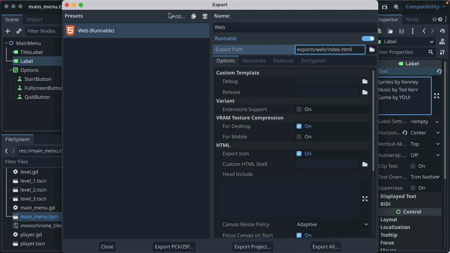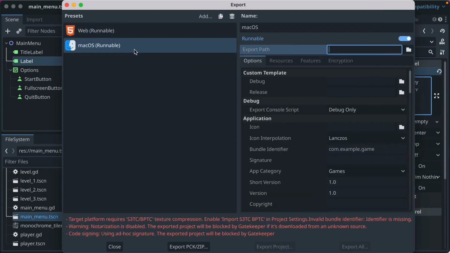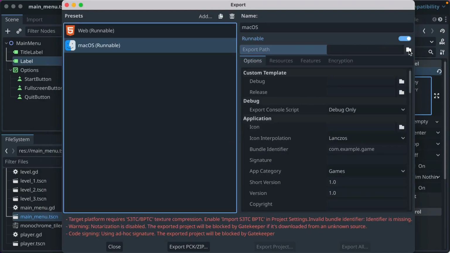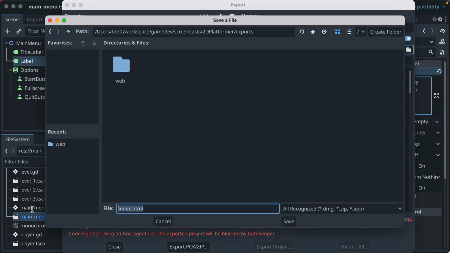Then, depending on which operating system you're exporting your game on, you can export for other operating systems. A kind of funny thing is that on Mac OS, you can export it for pretty much all the major operating systems, whereas on Windows and Linux, you can't export it for Mac. So there's some weird things there. And now you'll see for our Mac OS runnable path, I'm going to put it in exports. And I'm just going to call it 2D platformer mac.app